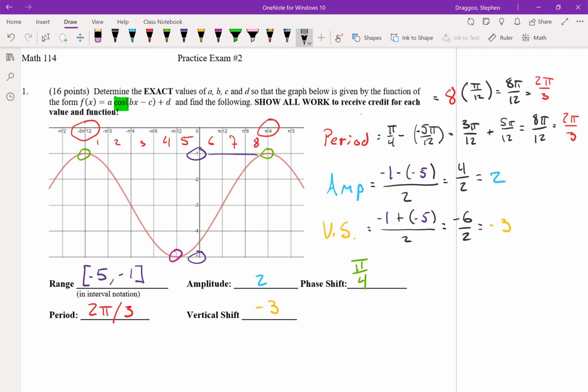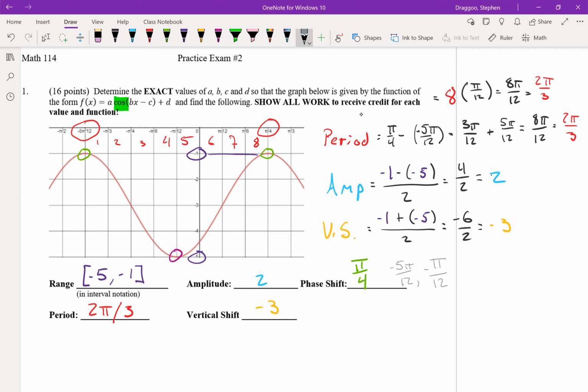You could have also picked negative 5 pi over 12 or negative 1 pi over 12. Either one of those are valid options for the phase shift as well. But it's usually easiest if you pick a value where a is positive. That way you don't have to deal with a negative a when you're putting the equation together later. So either of the two green points that I circled will come out to be a positive a value,